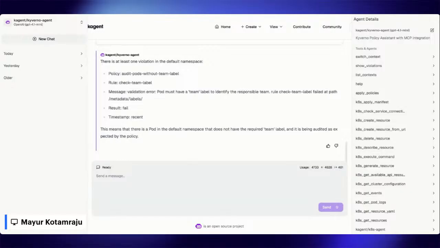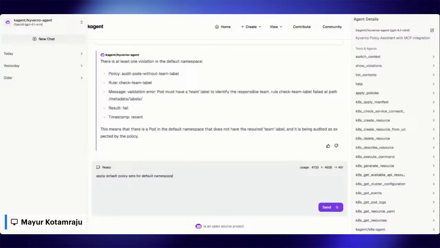Just with my intent, I can get exactly the reason and also a follow-up on how I want to resolve this. So that's showing you violations. If you have multiple environments, you can see how quick you can scan through all your different namespaces just with the showing violations tool, right? The other thing I wanted to show you was, I talked about this quickly in my presentation, but I wanted to show you the policy set.